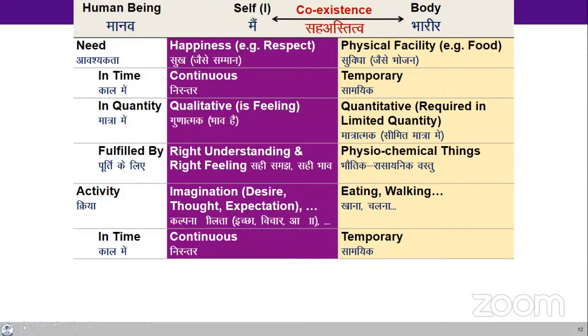So we can place the proposal by differentiating self and body through the needs and activity: need of the self, need of the body. Need of the body is food, water, shelter, clothing. All these are physical facilities. But what about the need of the self? Need of the self is happiness, respect, and in terms of time,